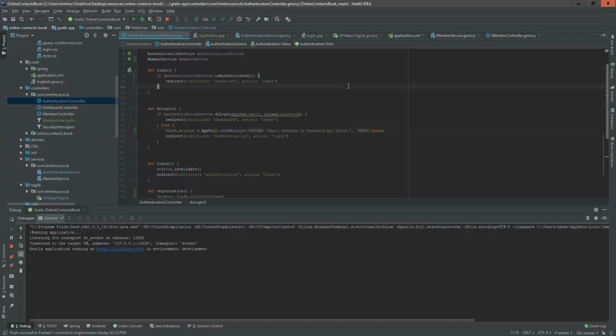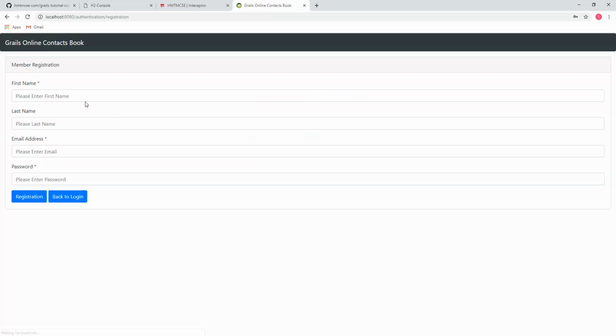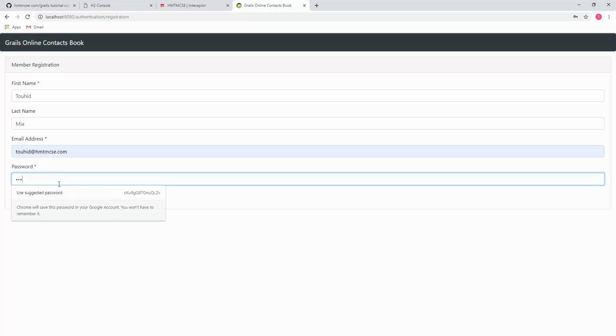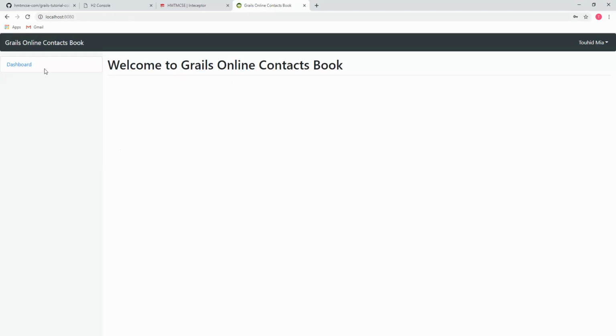Okay, let's see what happened again. Now I'm going to try again. 1 2 3 4 5 6. See, the message appears: Email address or password not valid. Okay, we have to register again. Tawheed Mia Tawheed at hmtmcsc.com. Password will be 1 2 3 4 5 6. Register again. Here also it's not showing our member